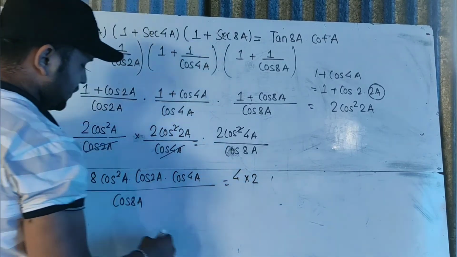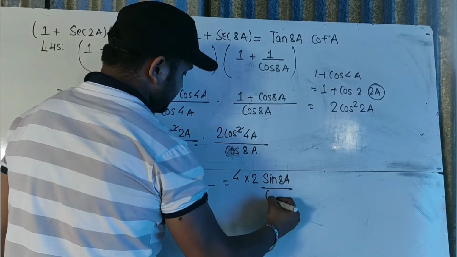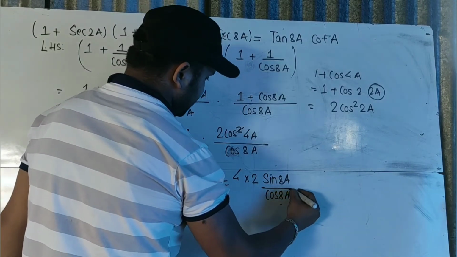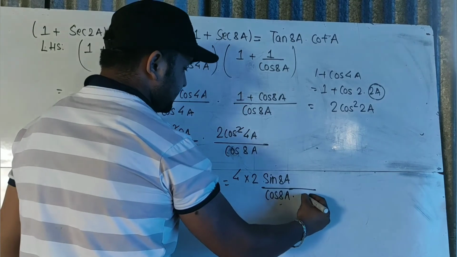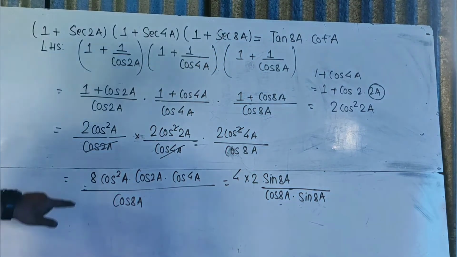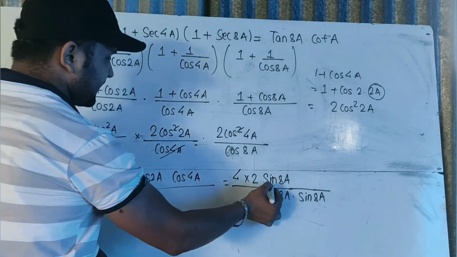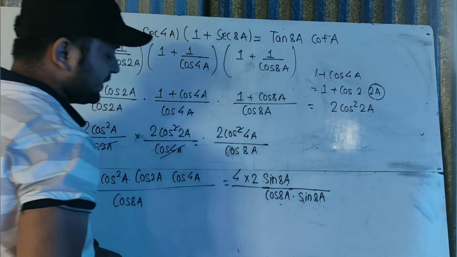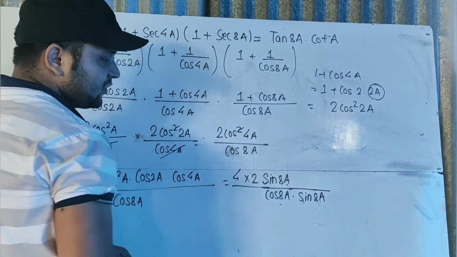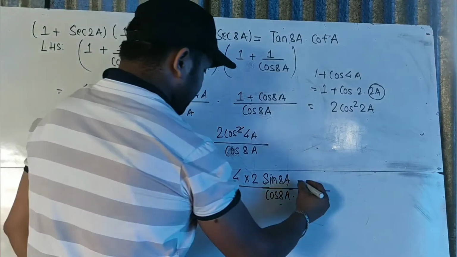4 into 2, we are getting sin 8a in the numerator. You have cos 8a in the denominator. So if you get sin 8a in the numerator yourself, then you need to get sin 8a in the denominator also yourself. Now listen, I am explaining this step one more time. 8 is written as 4 into 2. We got sin 8a in the numerator and sin 8a in the denominator. The purpose of getting sin 8a in the numerator is to get tan 8a, because sin 8a by cos 8a gives you tan 8a.